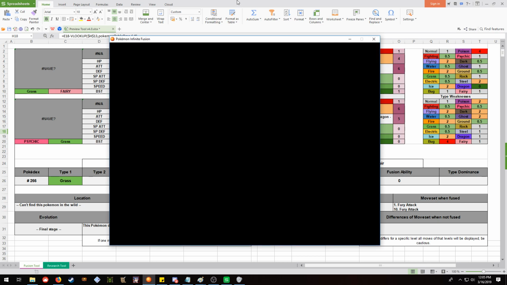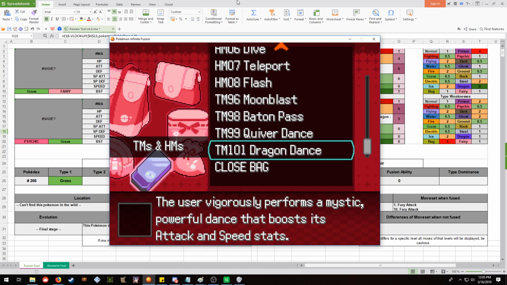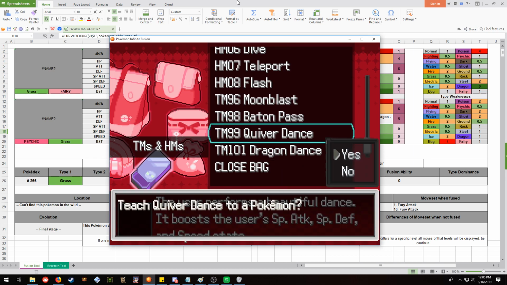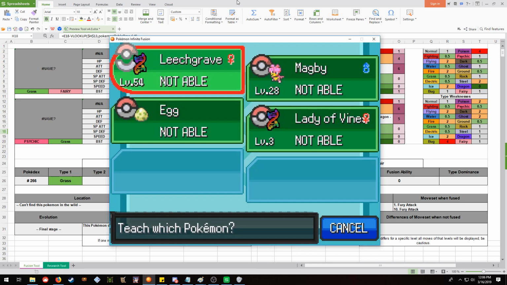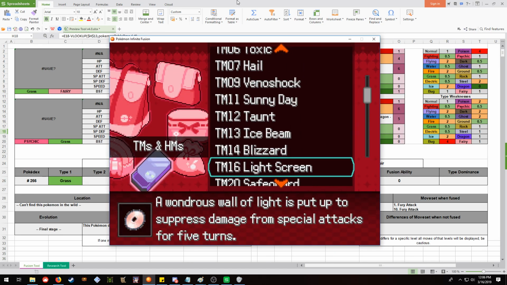No, I don't think it can learn Moonblast as Ralts. No, it needs to be Gardevoir first before it can even do that. I didn't think so. Okay, where is...